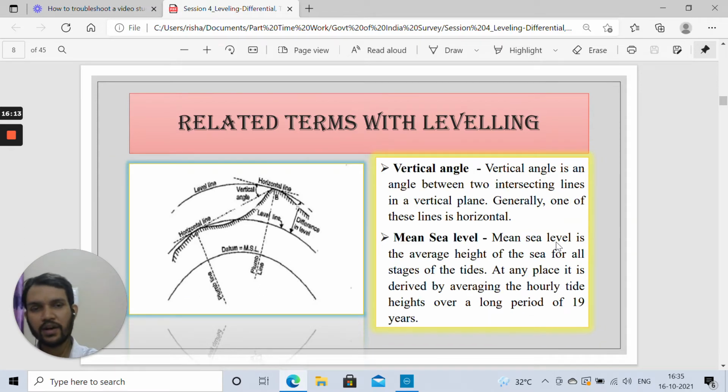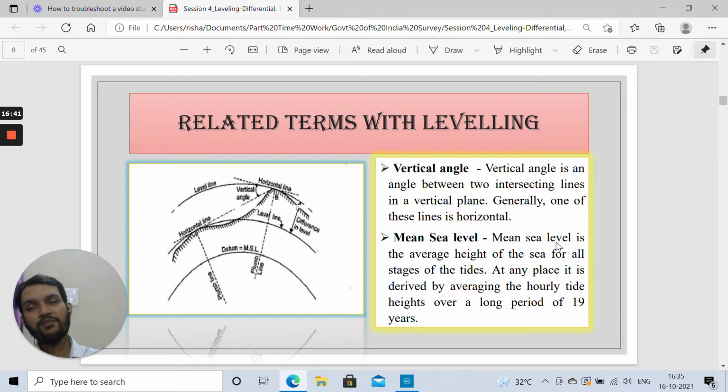Next comes vertical angle. Vertical angle, as you all know, is computed with reference to a certain station or a level surface, between certain other points. Suppose we have made our instrument setup at a particular point, and from that point we want to compute the height of a building. Okay, so to compute the height of a building, firstly, from where we have installed our instrument, we will give a horizontal line of sight parallel to the level surface.